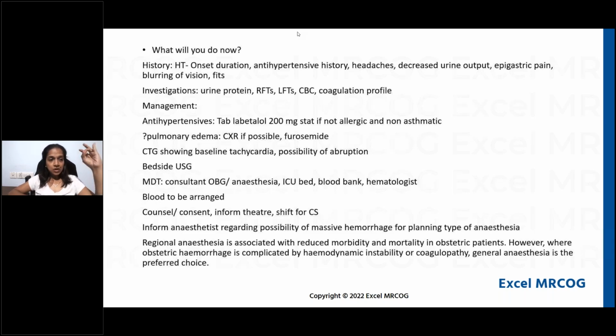Right. So once the observations are provided to you, hypertension is mentioned, 150/100 millimeters of mercury is the blood pressure. So you would like to ask for a few more questions here, whether this is a new onset hypertension or did she have hypertension to begin with? Was she on any antihypertensives? Does she have any symptoms of severe preeclampsia?